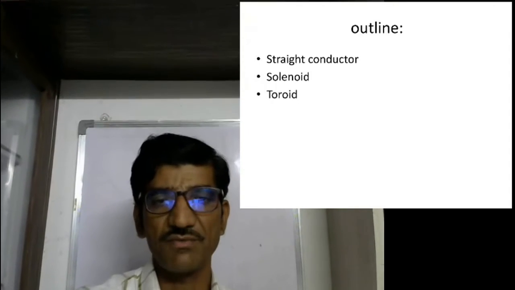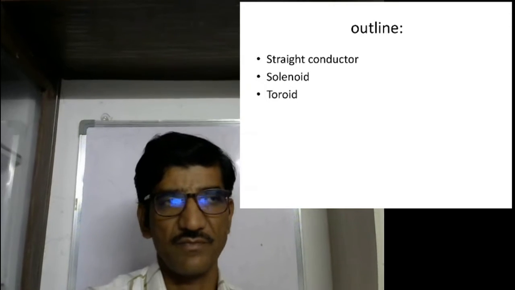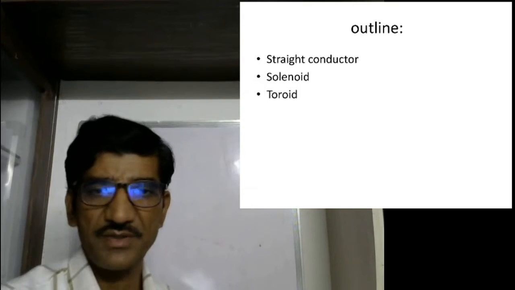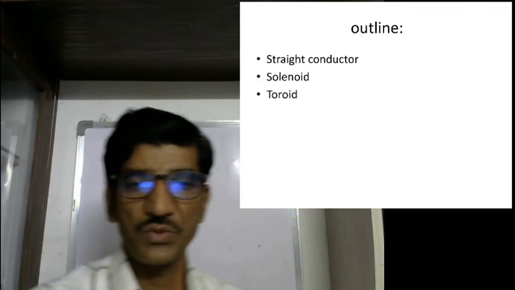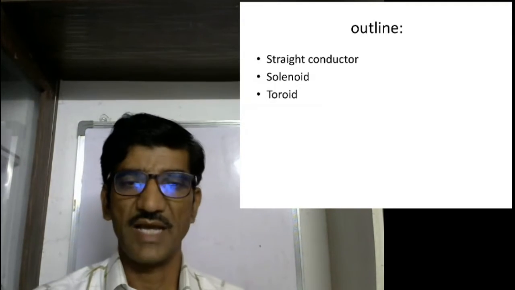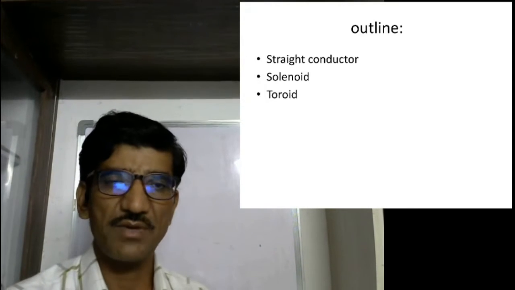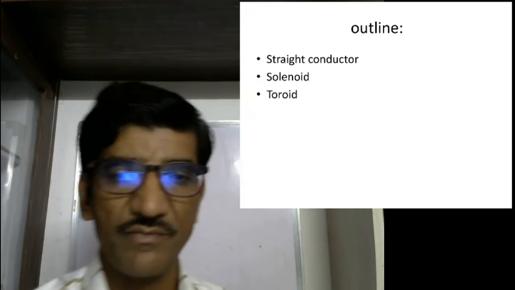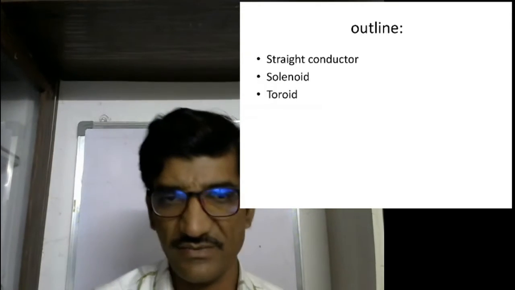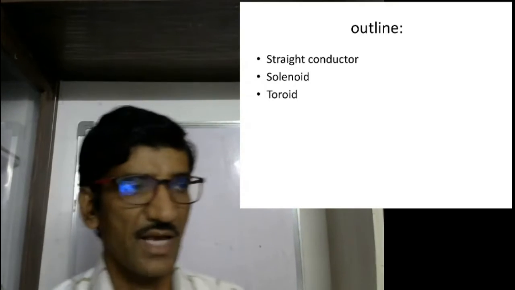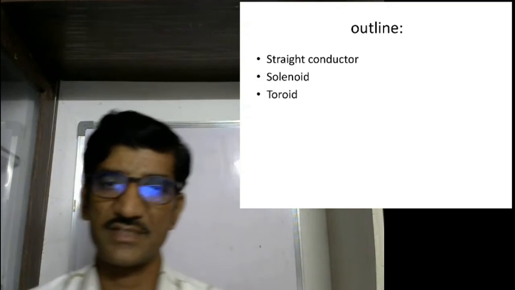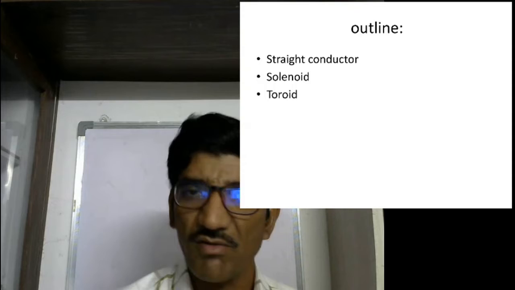This is not always possible, but wherever it is possible to use Ampere's law, finding B is very simple. But we cannot always apply Ampere's law to find B. We can apply it in some special cases, and wherever we apply it, we can get the result very easily. Here I am taking three cases where we can comfortably apply Ampere's law. There is a lot of symmetry in the problem.